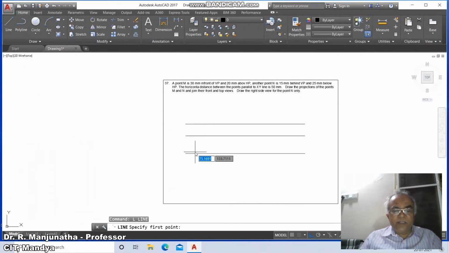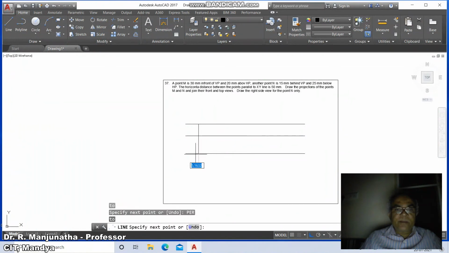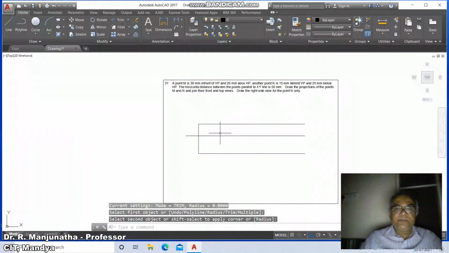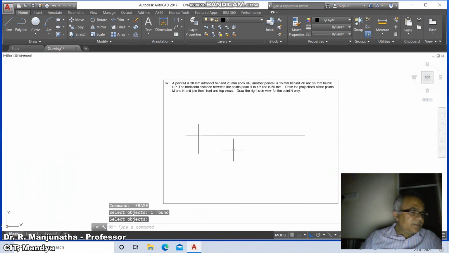Then go to line, nearest point on this, perpendicular to this, and then go to fillet, select between these two and remove it. Then erase this line and erase this line.